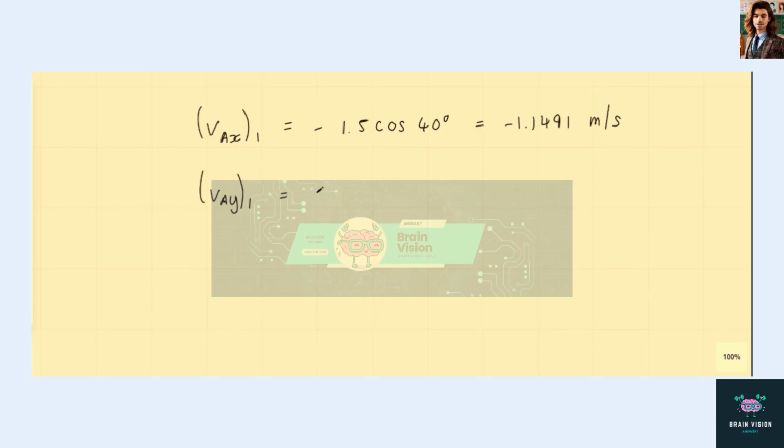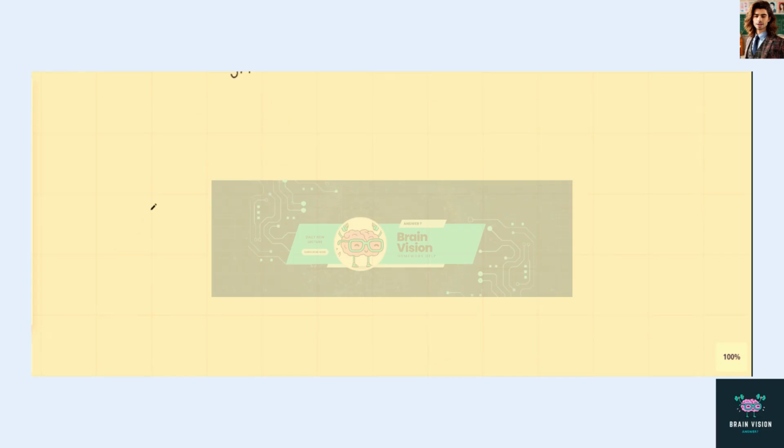And this is minus 1.5 times the sine of 40 degrees. And this is equal to minus 0.9642 meters per second. So we have the x and y components of ball A's initial velocity. So we can see we've taken the right direction as positive, and we'll continue that and use the conservation of